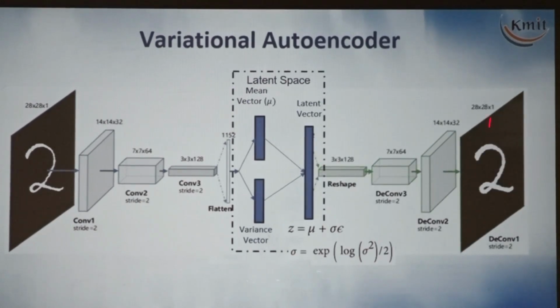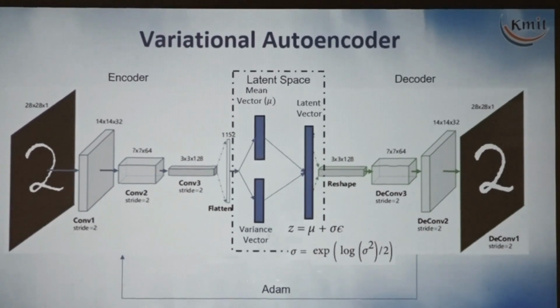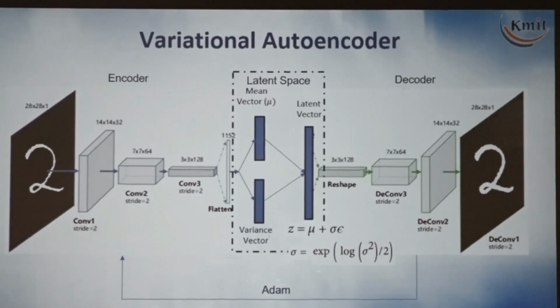From that we can generate the complete image, and that is the encoder and this is the decoder, and there is backpropagation with Adam. We will take Adam as the general optimizer. And what is the loss? Previously what loss have we taken? Mean squared error. I think all of you know mean squared error. In IML it is there, mean squared error for regression. The mean squared error is called here the reconstruction error.